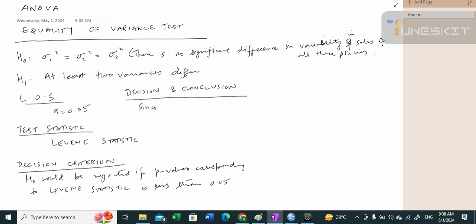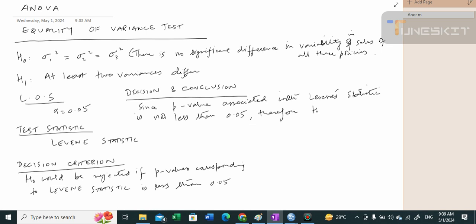Since the p-value associated with Levene's statistic is not less than 0.05, therefore H naught is not rejected,